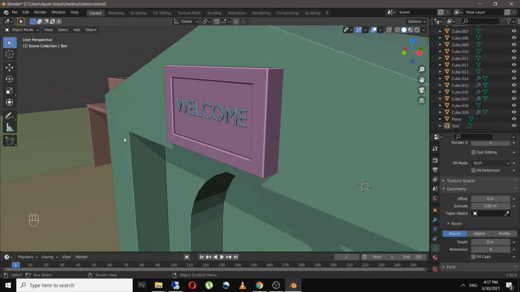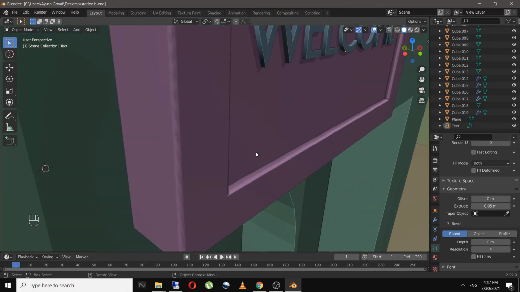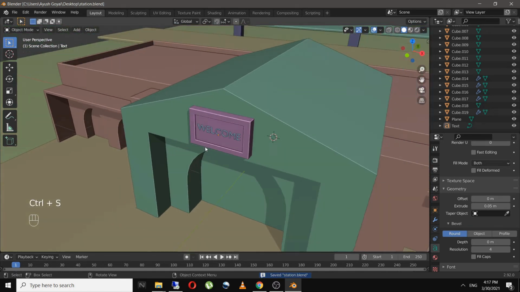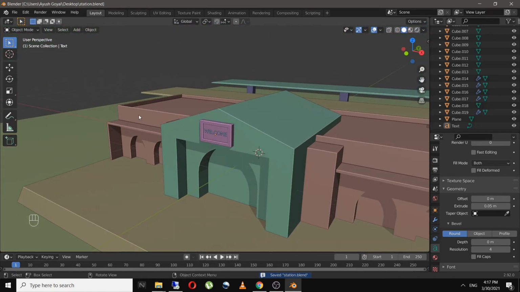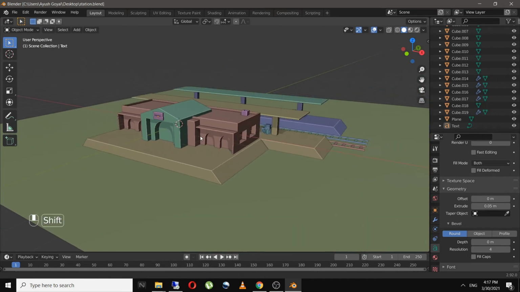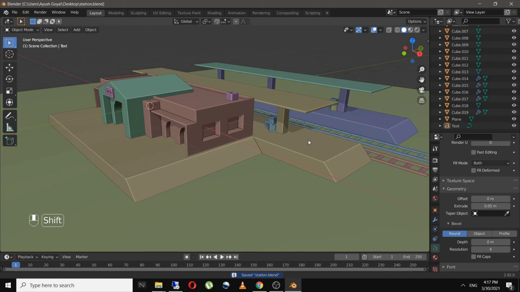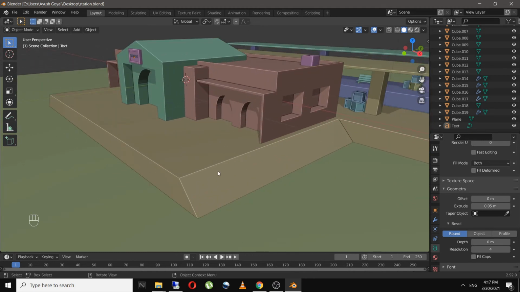So as you can see, we have a really nice looking welcome board over here. And in railway station we have small barricades, so let's make that as well.